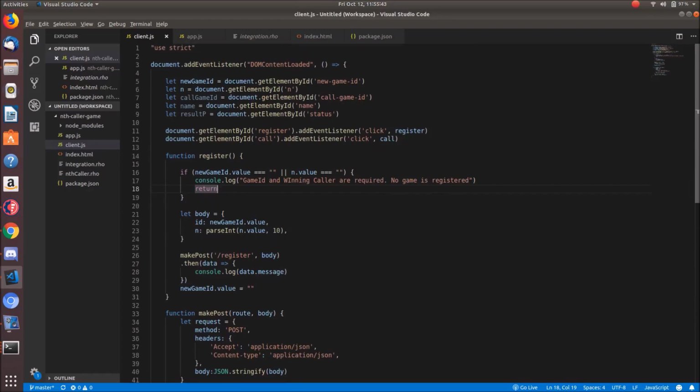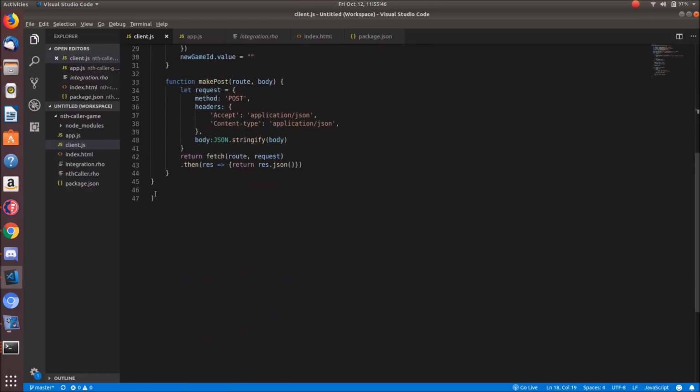So now we're going to create a call function. So we're going to say function call. Now we're going to validate the data also, like we did the previous time. We're going to say if call gameID.value is equal to null or empty,